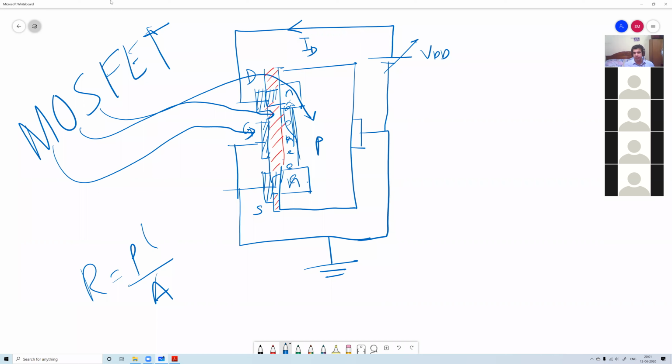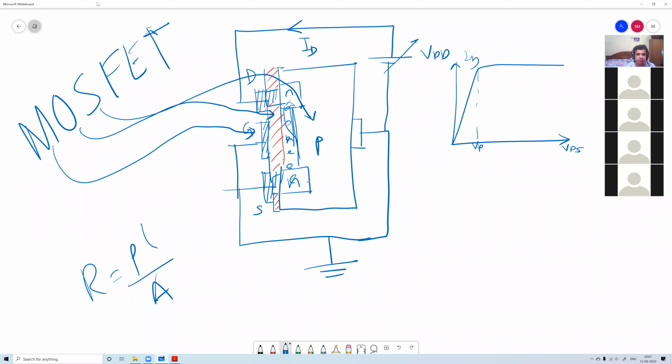And the same reason why R does not become infinite: if A becomes 0, then the reason for the potential gradient will vanish. So there will be no current, there will be no potential gradient, and there will be no depletion region width. So it follows the exact same graph as a JFET. That's very interesting. The structure of a JFET and a D-MOSFET is totally different, but they follow the same characteristics. It increases and then it saturates. This voltage is called the pinch-off voltage. This is my VDS, this is my ID.